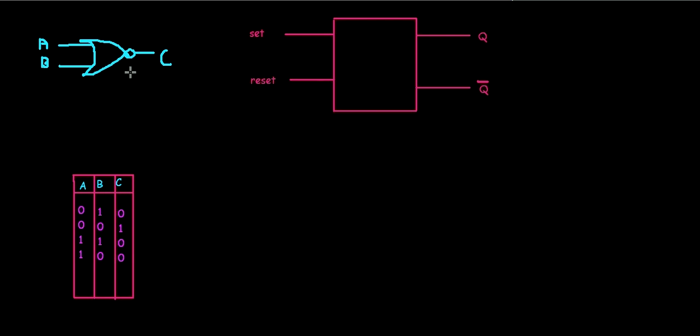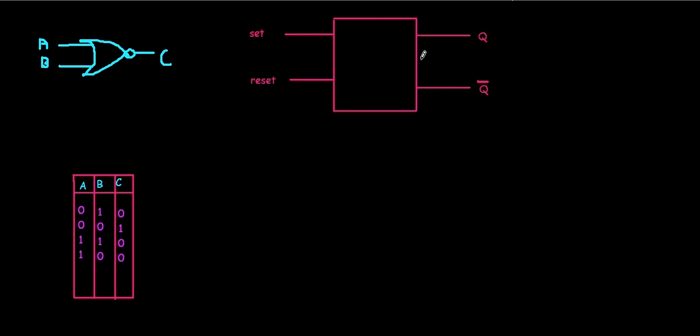We are going to start from the basics. This is a NOR gate, and it's just the complement of OR, that is, the opposite of the OR gate. You know the OR gate, right? If any one of the inputs is 1, the output of the OR gate will be 1, so for the NOR gate it would be its complement, 0. So this is the truth table. If any one of the inputs is 1, then the output will be 0. When both inputs are 0, the output will be 1. This is the basic building block of our latch.